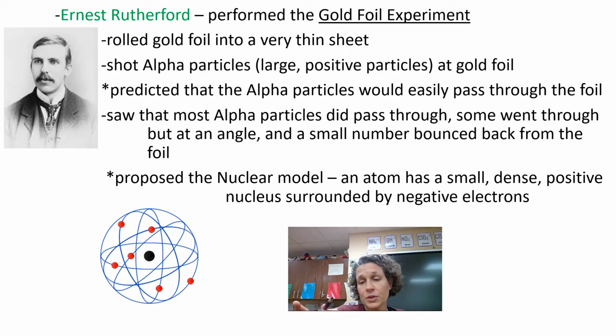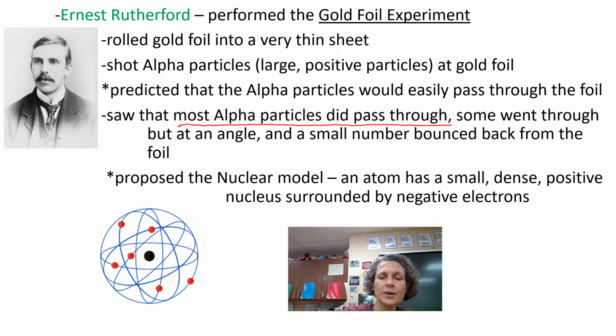And what he saw was that this was pretty much the case. Most of the particles did just pass through. That was the first observation. So if he was shooting 100 alpha particles, about 95 of them went straight through, no problem. Then he noticed, because he could see where they went when they hit the fluorescent screen,